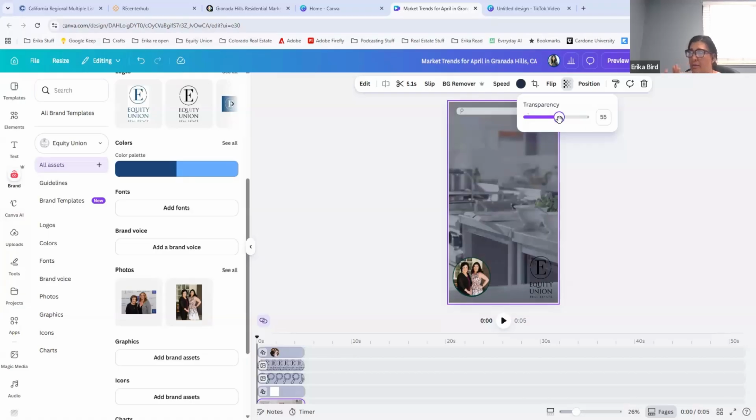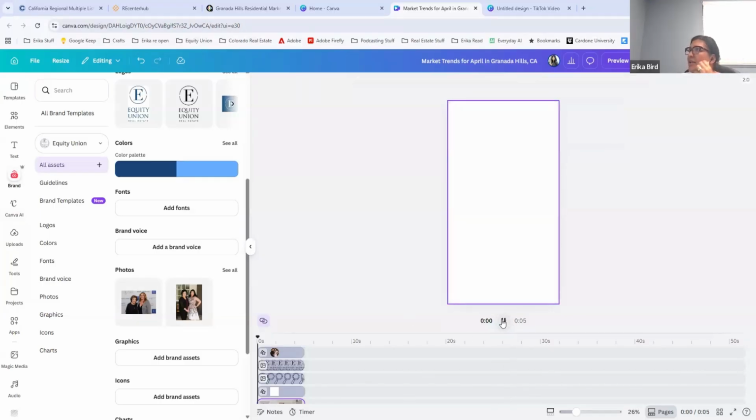It depends on what kind of colors are within the photos. This helps out tremendously, especially when I'm creating anything with my listing pictures, especially with the front of the house. And if it's during the day and you have all of that sunlight, and you have a lot of colors between the driveway and trees and the color of the house, a lot of times that's where this transparency is going to really help you and come into play so that you can have text over your photos. So you can mess with the transparency,